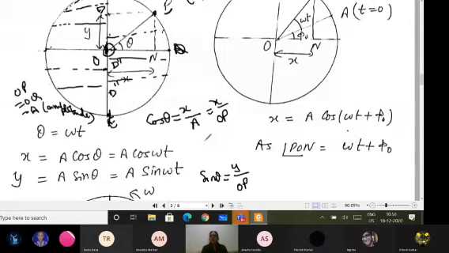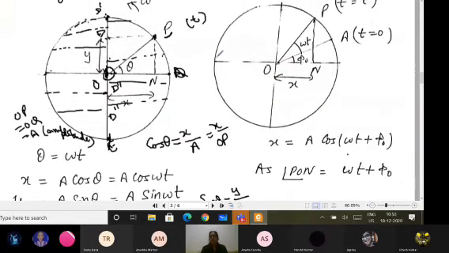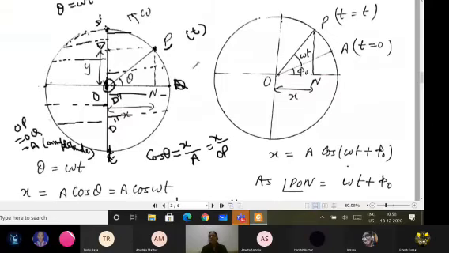Now what about the initial phase? Phase and initial phase, if I am talking. So here if the particle is not starting from this Q point, rather at t equals to 0 it is at Q point here. Then it is moving to P point at t equals to t. Earlier, Q point was here, so initially there was no angle. So initial phase was 0. Here it is making some angle, say phi naught, with this baseline reference line of mine. Then this angle is written as phi naught.